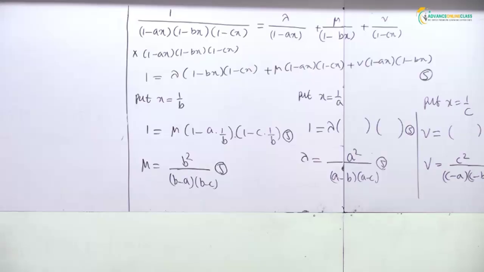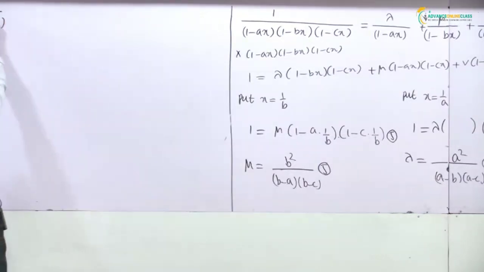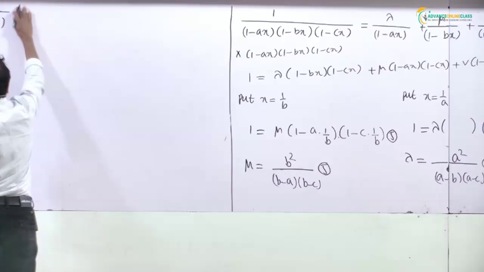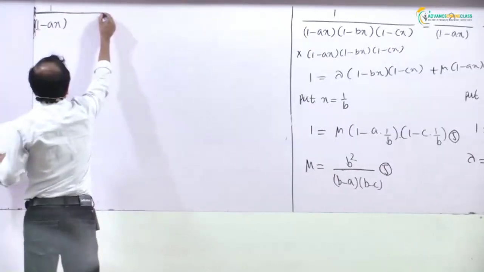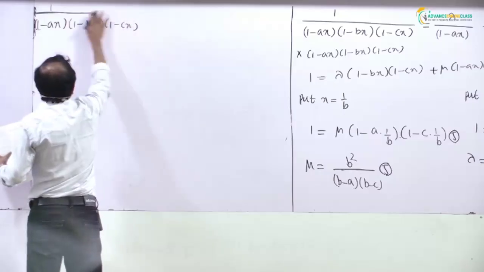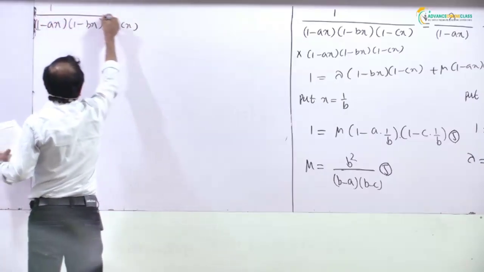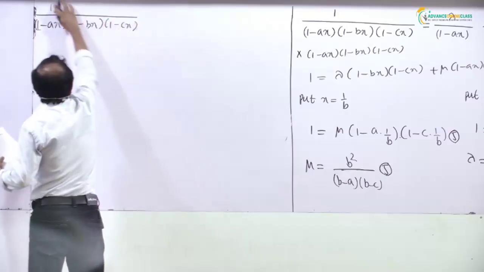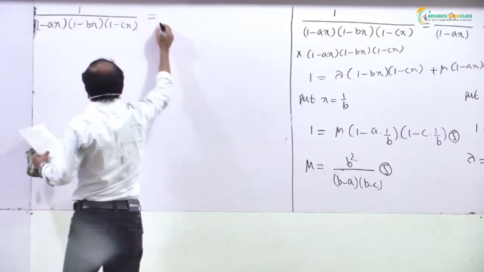Then we get 1 over 1 minus ax into 1 minus bx, 1 minus cx equals